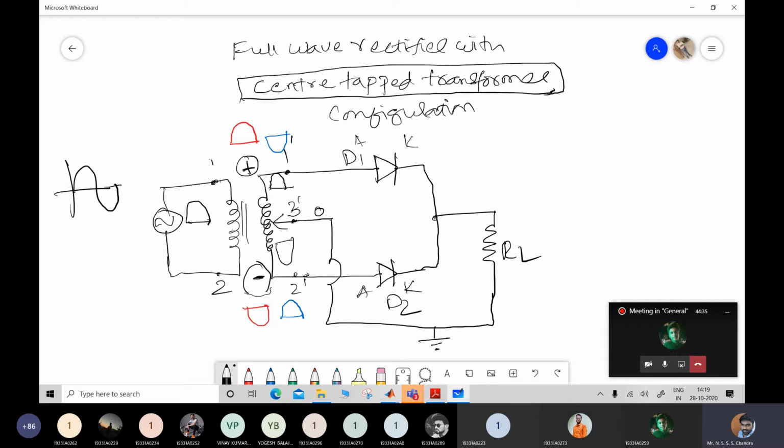Okay, so for the positive half cycle, so do not write this in your examination, I'm just using the symbol plus. Do not write SMS language in your answers, always write positive in full words. So for the positive half cycle, your diode D1 will be on and D2 will be off. And now I'll write the current direction. I'll use the red color again.